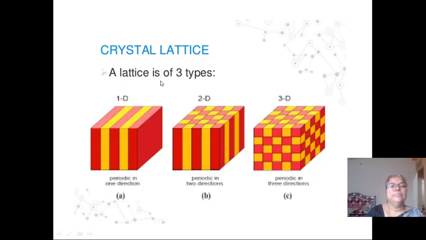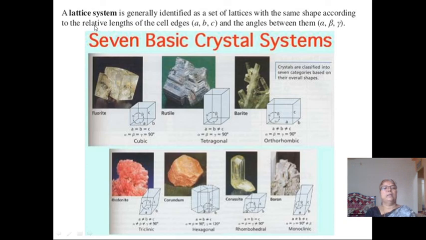Okay. Then the crystal lattices are of three types: one dimensional, two dimensional, and three dimensional. Then the lattice system is generally defined as a set of lattices with the same shape according to relative lengths of the cell edges. That means we have the seven basic crystal systems, and we will see this